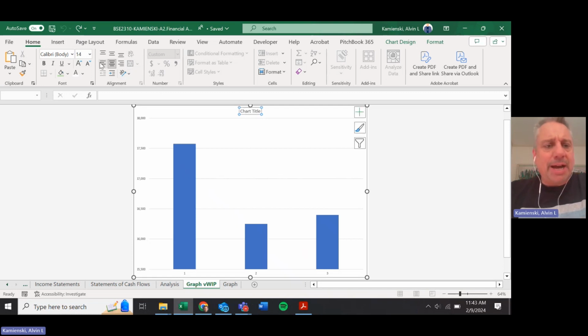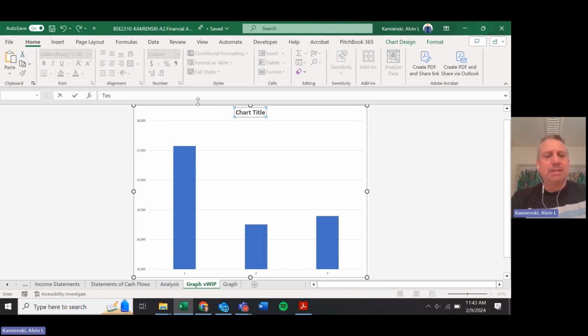If I select that, I could easily make it, let's say, a 20 font, and I could make it bold, and then I could just start typing into the box, Tesla Select Financial Data, and then hit enter,